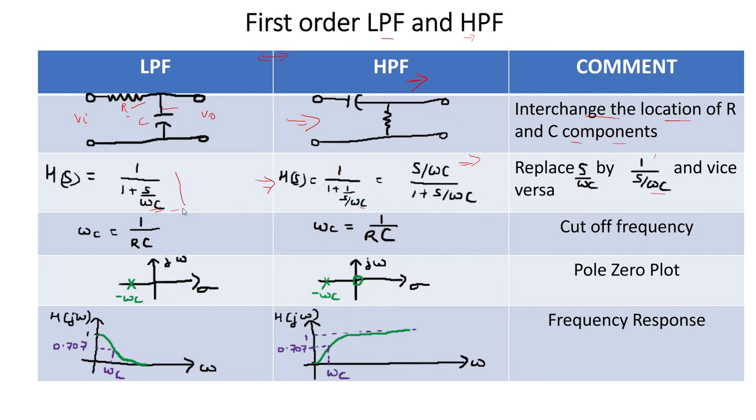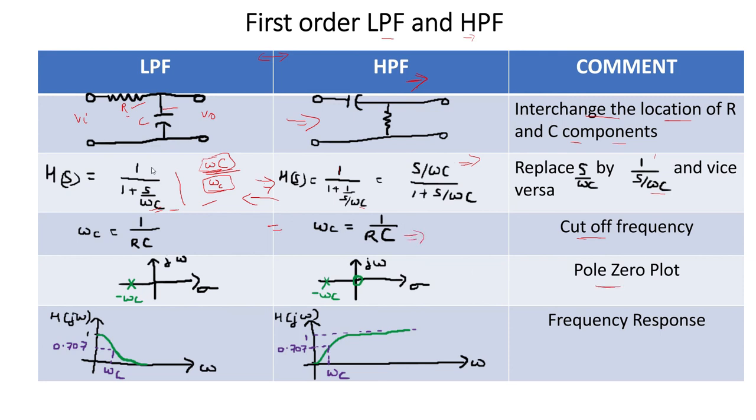Okay, here remember that this is not omega into C. I have written here omega, and this is small c, means subscript. This is your cutoff frequency in this case and in this case also. It is not written omega into capacitor. And now cutoff frequency. Cutoff frequency of both the filters are same, which is 1 upon RC, and then pole